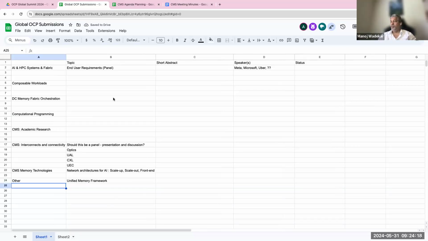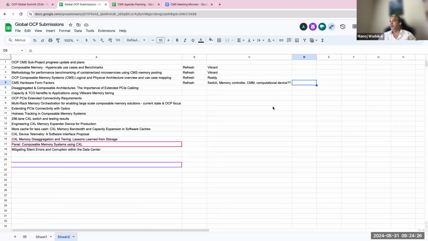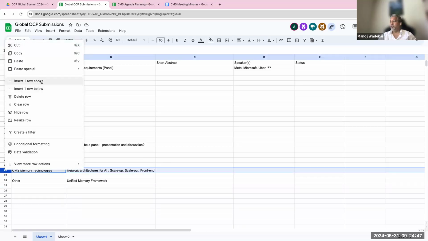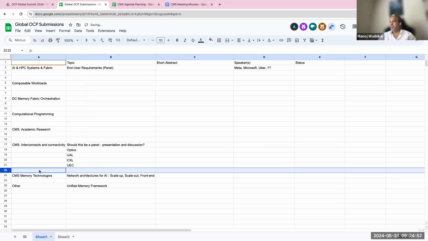Sounds good. So we'll do a few things. We'll take a first crack at it by moving these here and asking the presenters from last time whether they're ready to come back and have a refreshed presentation on that. Additionally, for these new topics, if people have actual presentation proposals, please just add them there directly. Otherwise, we can look at how to create something that allows us to present as well as have a discussion.